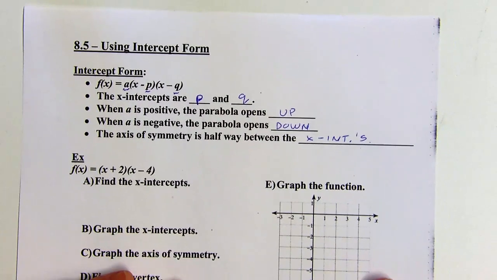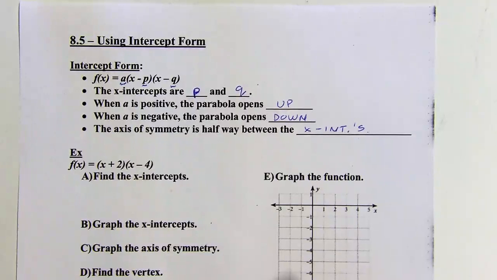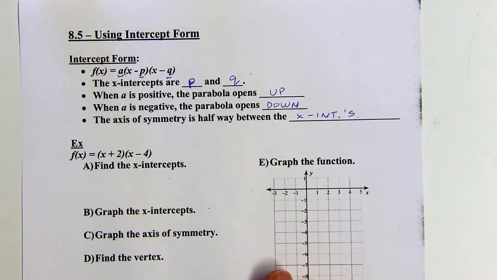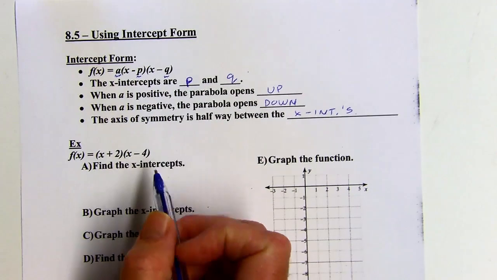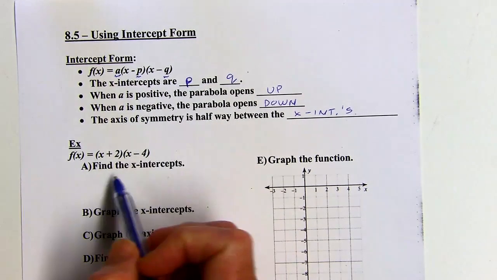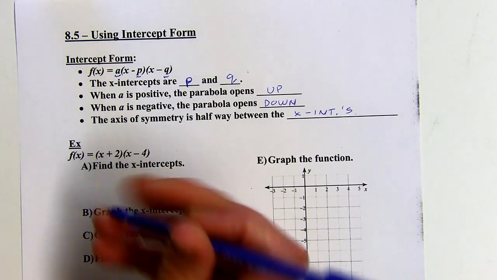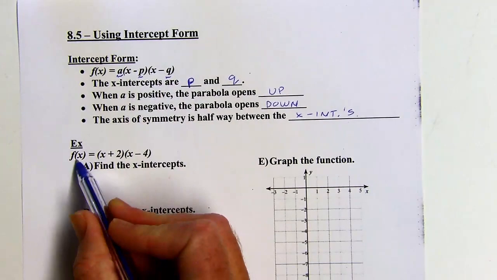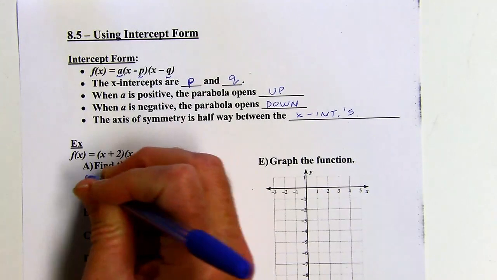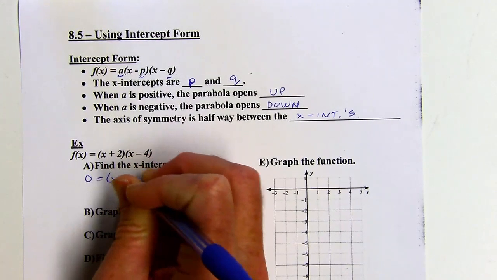All right, so on this example, let's find the x-intercepts first. So it's going to be the points p and q. Remember, if you're looking for an x-intercept, you would plug in a 0 for y. And so I'll plug in 0 where the f of x is here. And then if we solve this